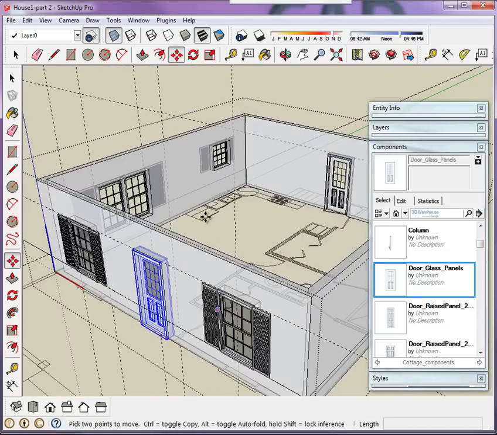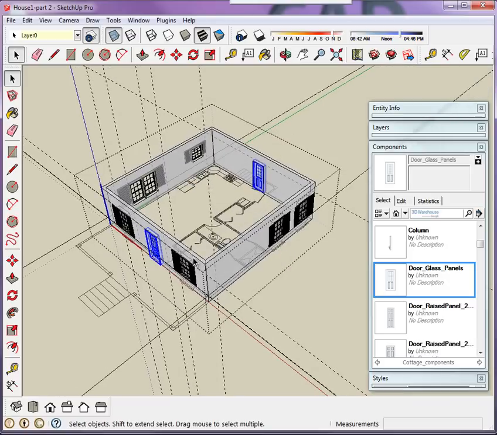right now I have the last component selected. I'll switch back to selection by using the space bar and use shift to select additional components. These are all the doors for the exterior wall. So now I can drop it onto the door layer. Okay? And then I'll go back